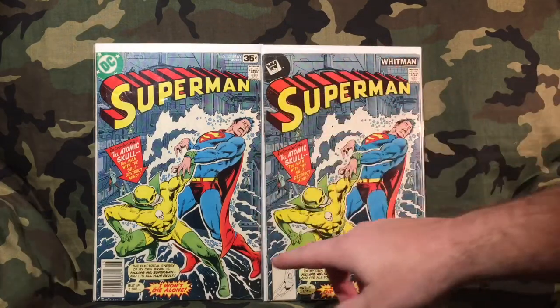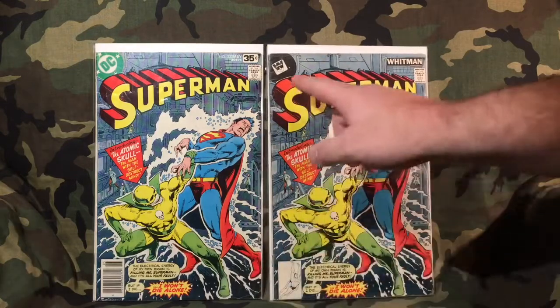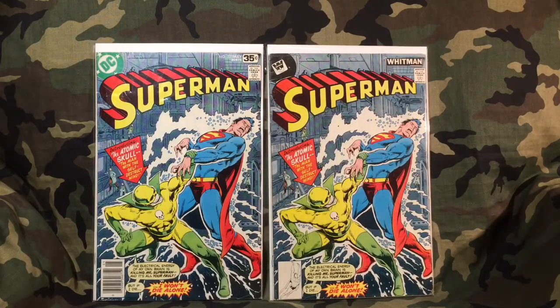Whitman variant, if you will. Whitman was part of the family of Gold Key and Dell and stuff like that. You saw a lot of their comics in the 50s and 60s, like your Looney Tunes. I don't know if they did Disney comics. They did cartoon character type comics. You'll see Dell and Gold Key types of comics, but Whitman was a part of that company, is my understanding,